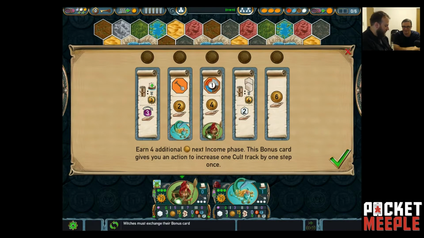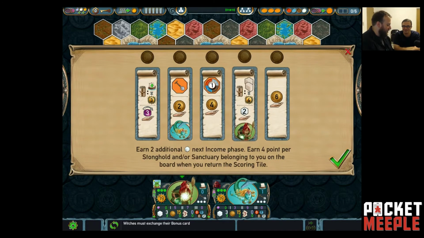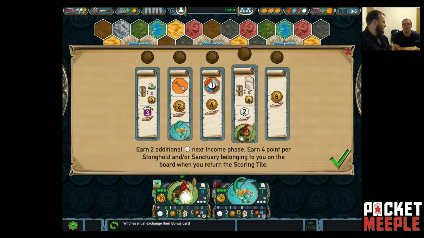And then this bonus card will give me an action that increases the cult track by 1 step once during a round, which gives me an extra action unlocked that I can take. The 4th one is earn 4 points per stronghold and sanctuary belonging to you on the board when you return the scoring tile. Okay. And I'll explain more as we go. No, that kind of makes sense. Yeah. It's like you're sort of building up just to...